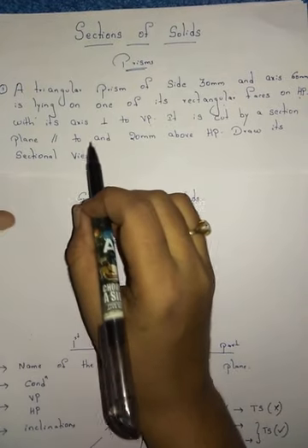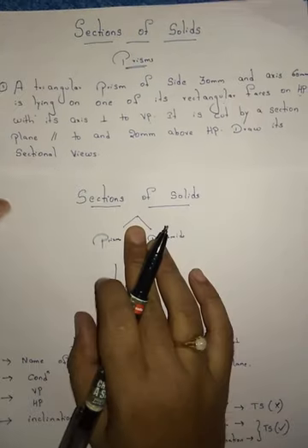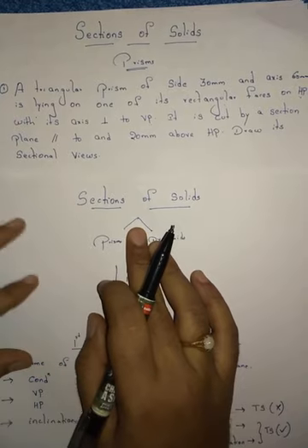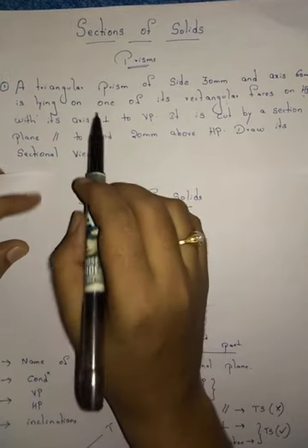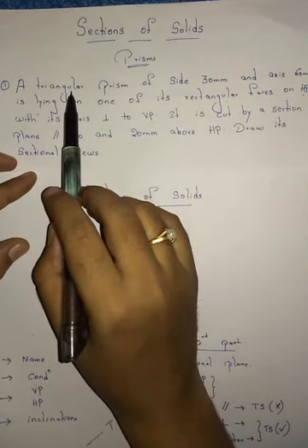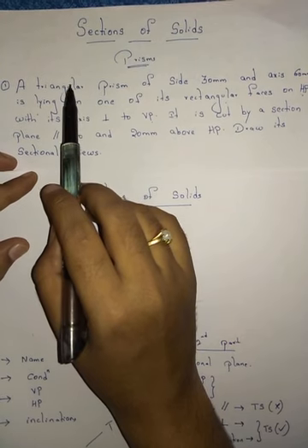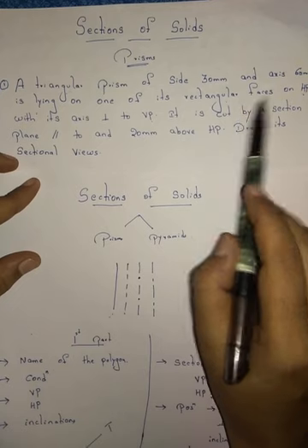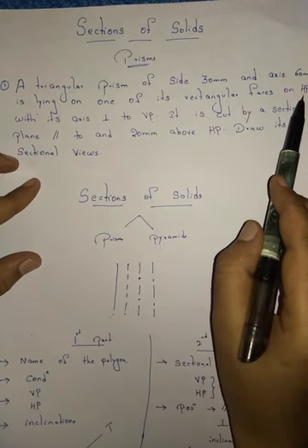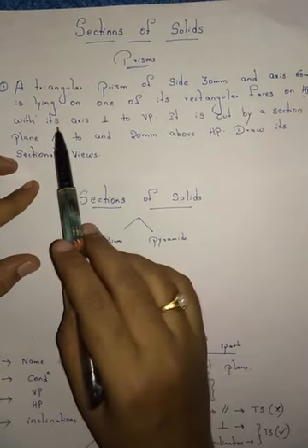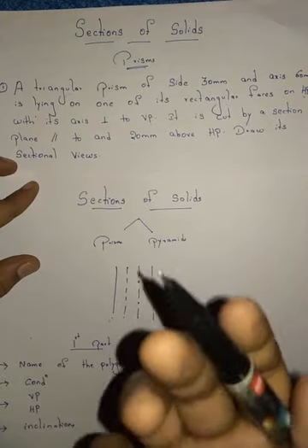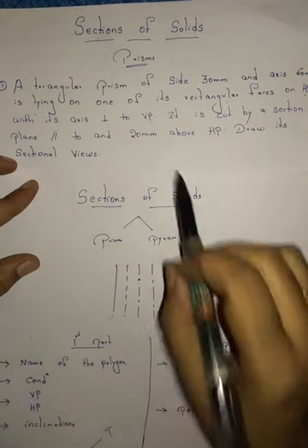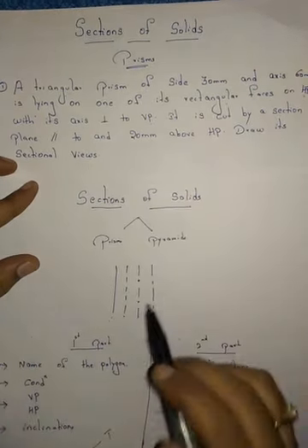Now what I said, after reading the question, divide this question into two parts, first part and second part. In the first part, what you have to remember is the name of the polygon. The name of the polygon here is triangle. What is the condition? Rectangular face is the condition, right? Where we have to start the problem: in HP. They didn't mention any inclinations here, like 45 degrees to HP or to VP. So this is the first part.